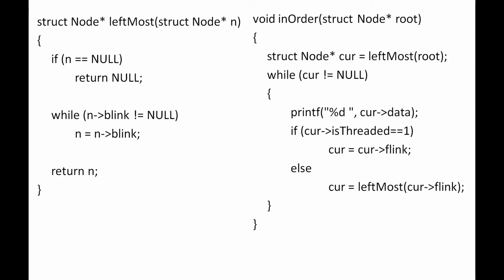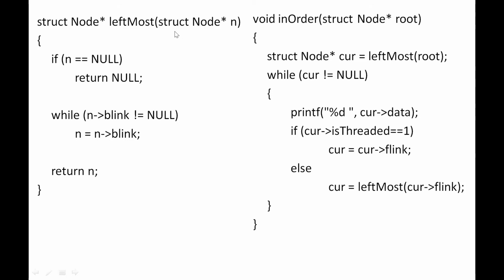This is the code needed for completing the program to perform the in-order traversal. So this function additionally needs a function called leftmost. This is actually the traversal function named in-order, but as a supportive function we also need the leftmost function. See, the purpose of leftmost is actually very simple. Given a node, it will take you to the leftmost child. That's all. If you provide a root to this function as argument, then it will take you to the leftmost node of the root.